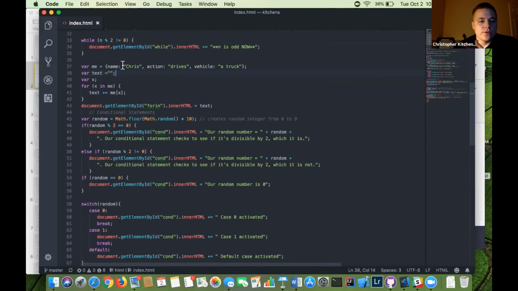But here I just used all strings, and so the for in loop is set up where we have this text that we continuously keep adding on to, and then we add on each property in the object, and eventually we have a string built in the text that says, Chris drives a truck. It's pretty simple, but that was new to me.